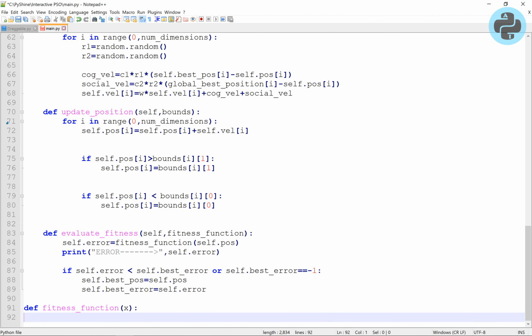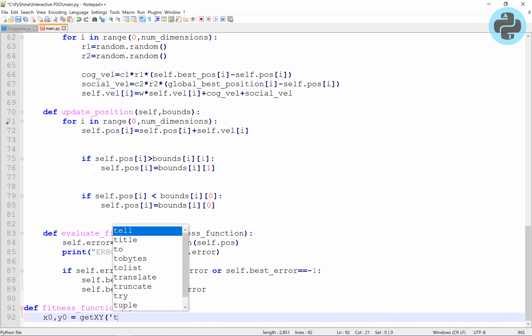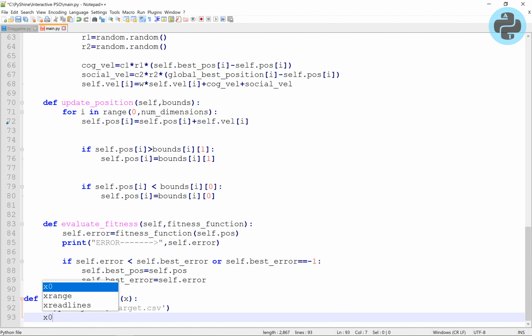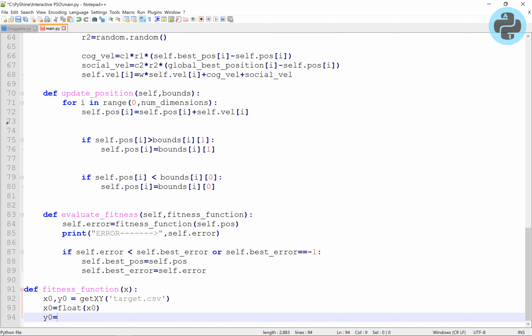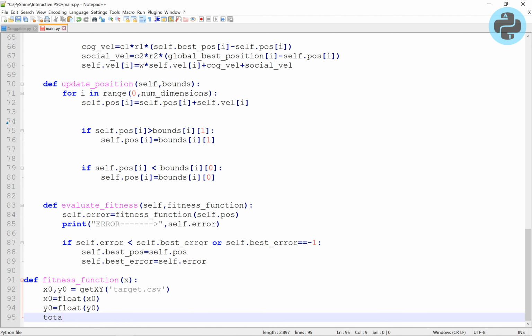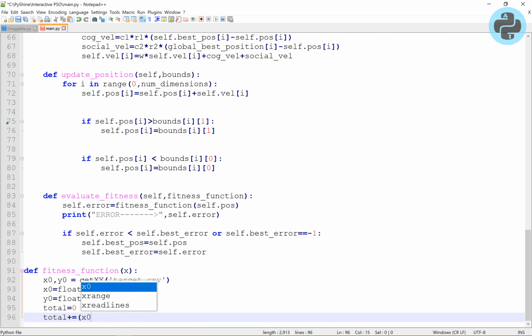The fitness function will read the CSV file and give us the XY position of the target. Then, we can use the distance between target and the current position of the particle as the returned fitness value.